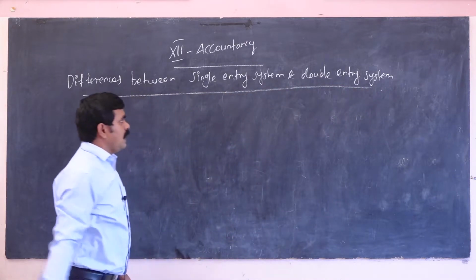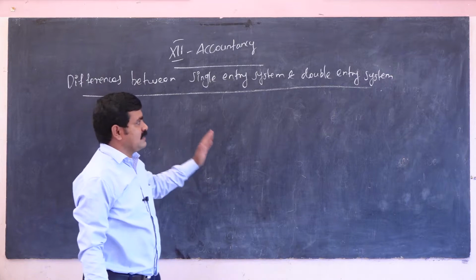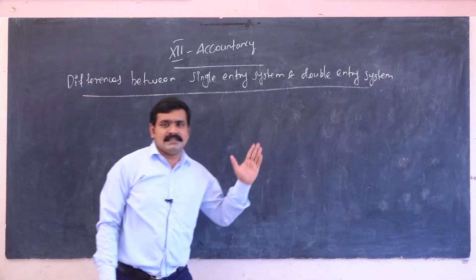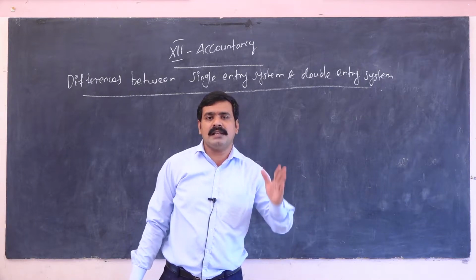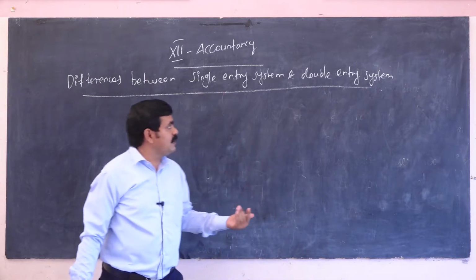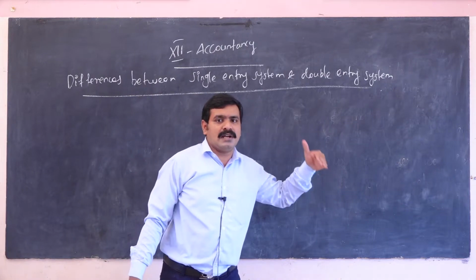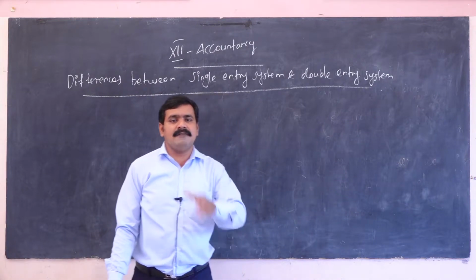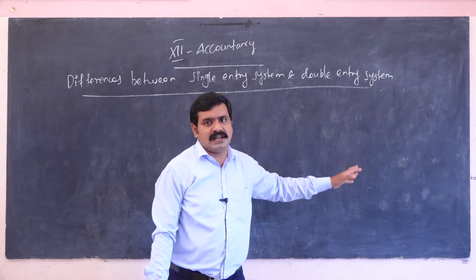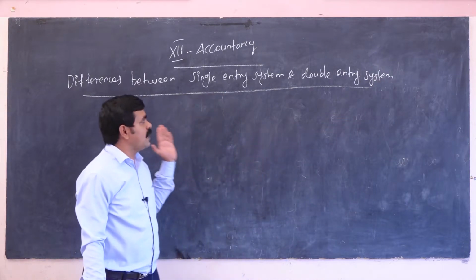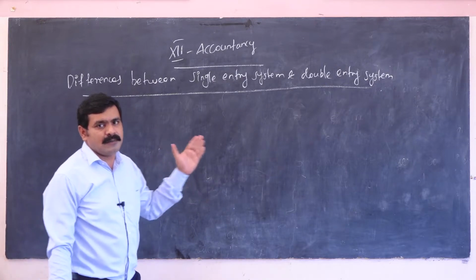Okay, so we already discussed the single entry system. What do we mean by single entry system? Single entry is nothing but an unsystematic record, not a proper record of any kind. What do we mean by double entry system? We already know they have two sides. Every proprietor, every owner has to follow this type of system. That is called double entry system. Now I'm going to start the differences between single entry system and double entry system.